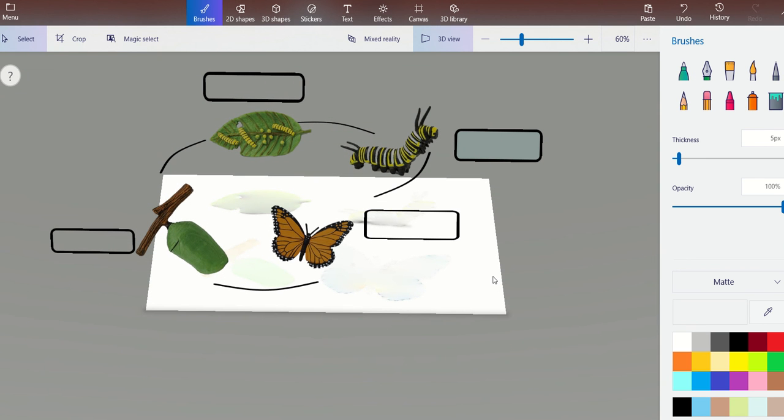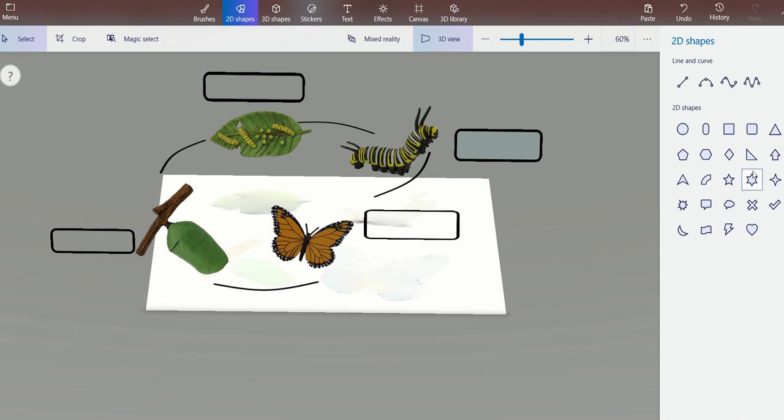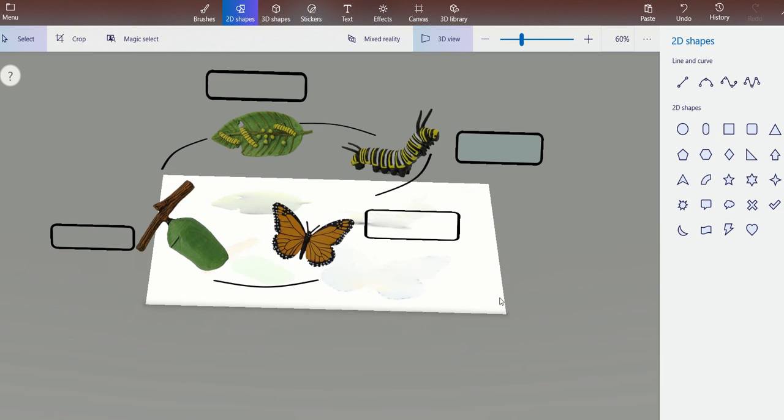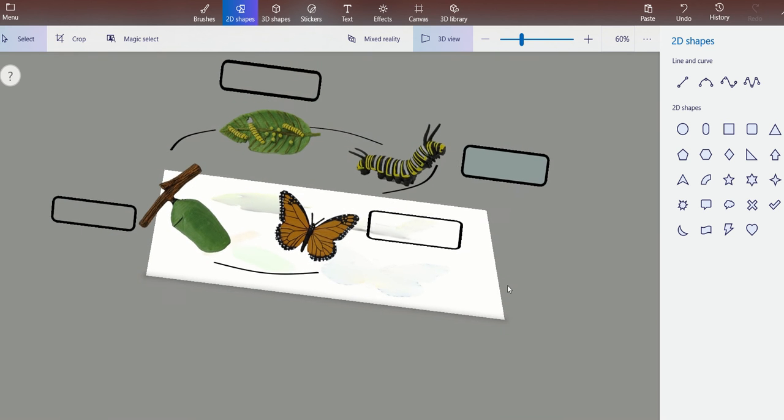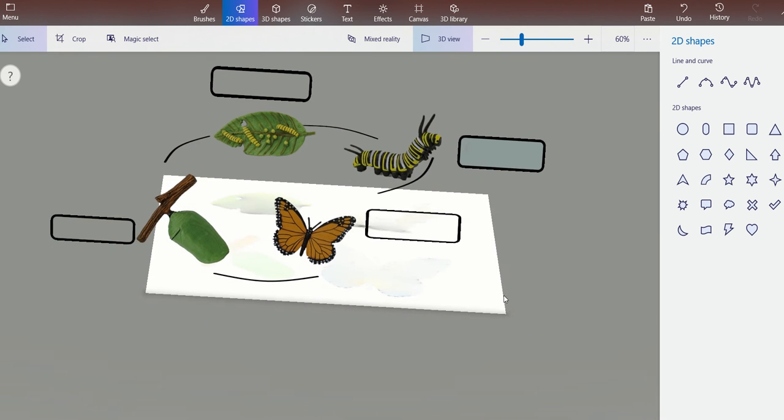So as I've already stated, people, you can always convert your image from a 2D to a 3D. So always remember that these shapes that I was talking about, the 2D shapes etc., we can always use for creating a flowchart or a diagram, people. Right now I've created the flowchart of the life cycle of a butterfly altogether. So that's totally up to you how you people want to actually create it.